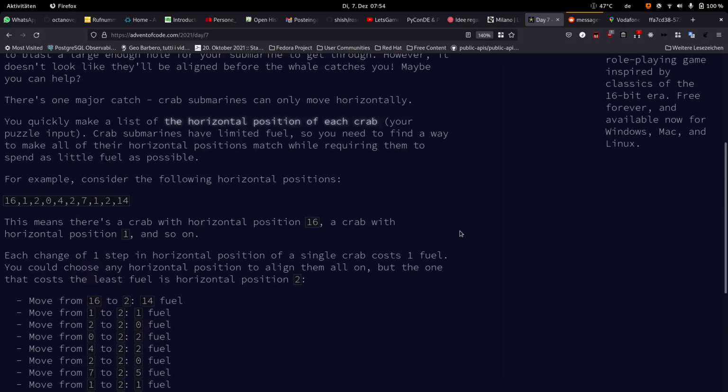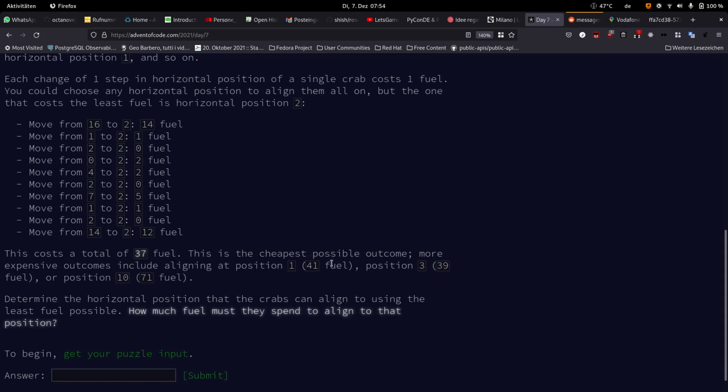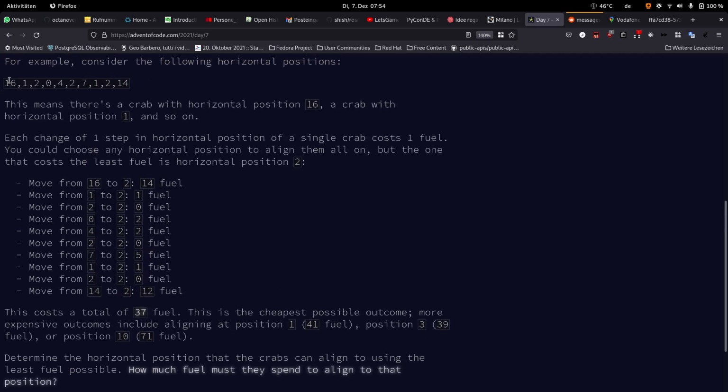Today we are given a list of positions of crabs, and what we are asked to do for part 1 is to find a position that minimizes the total distance between that position and all the crabs. So for example, in this small list, we have a list of positions of crabs, and